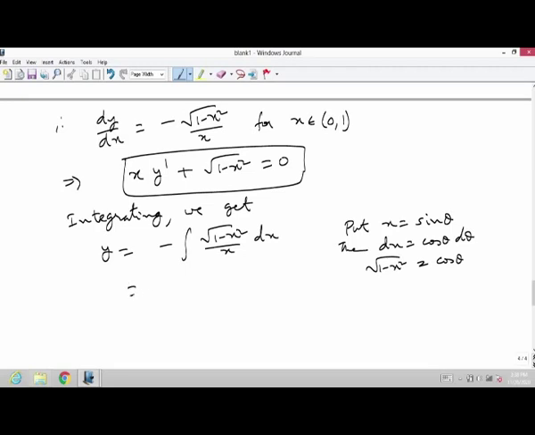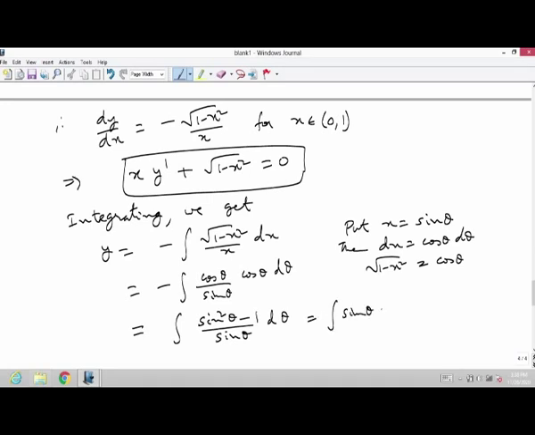So, this y is equal to minus integral cos theta by sin theta into cos theta d theta. So, that is equal to minus of (cos square theta, which is 1 minus sin square theta) by sin theta d theta. So, that is equal to integral of sin theta d theta minus integral cosec theta d theta,